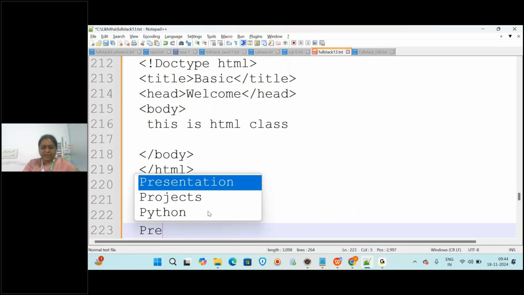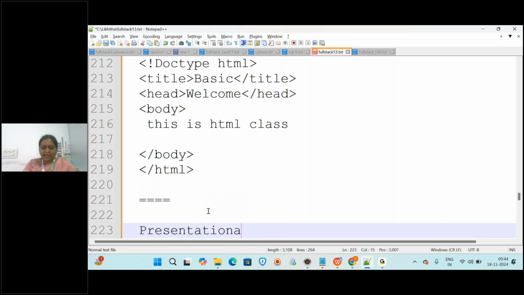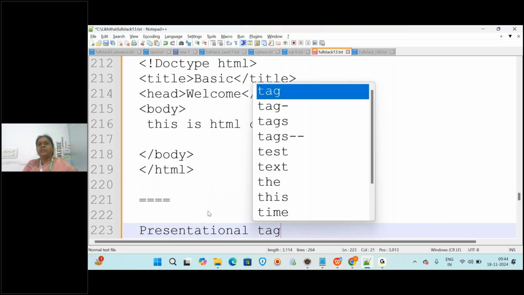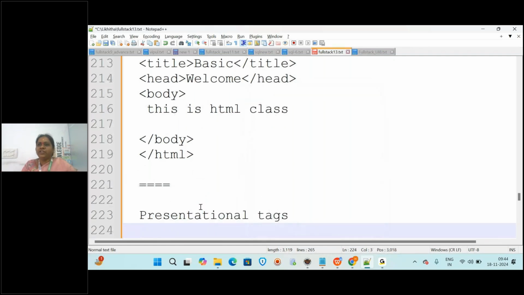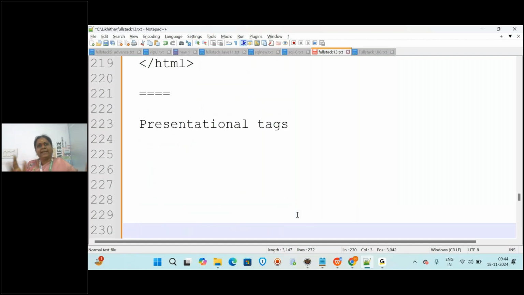What is that? Presentation tags. This tells us how the data has to be displayed on the screen, presented by applying a little structure to it. The page will be displayed by what? Presentation tags.